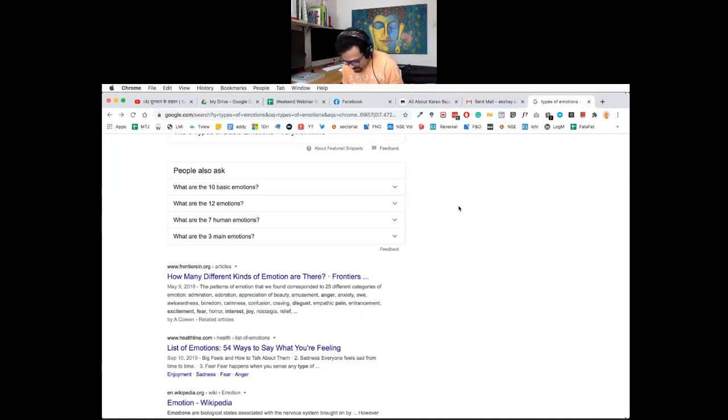Why black is because black versus white gives you a very good contrast, and also because black doesn't promote any other emotion. We can do this exercise with colored paper also, different types of colors, but black on the white paper gives you a very good strong emotion. So that is why black.